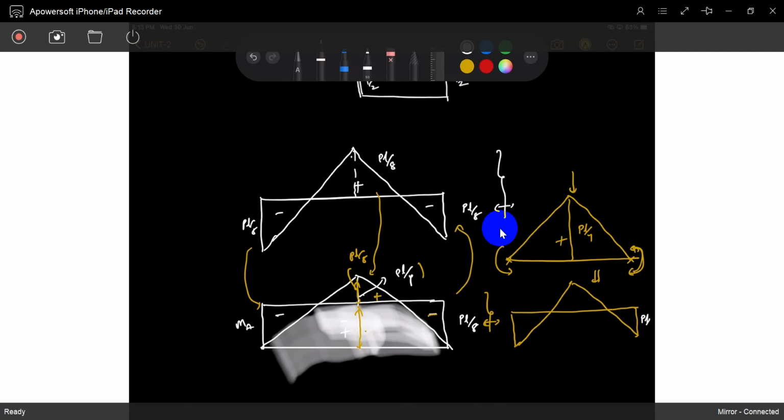So what will we get? This is PL by 8, na? If it is PL by 8, how much is it pushing? How much is this value? You can easily find it, because this value and this value combined will give this value. Understood? Because it will push, how much negative will come in this zone? It is deducted from this, na?